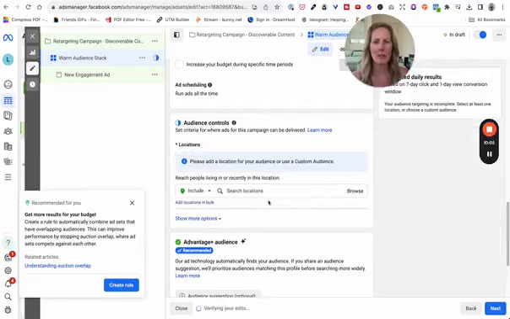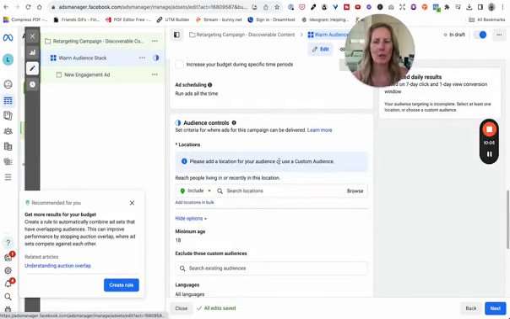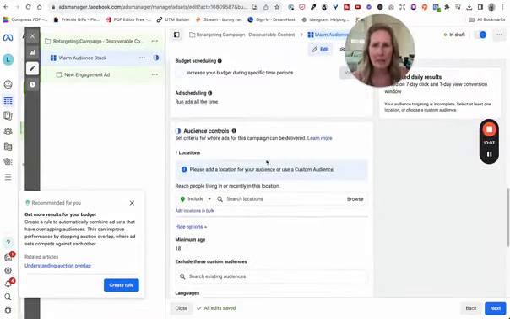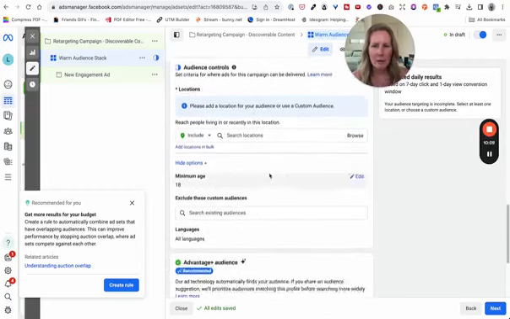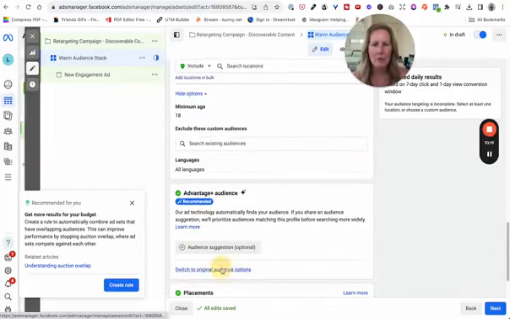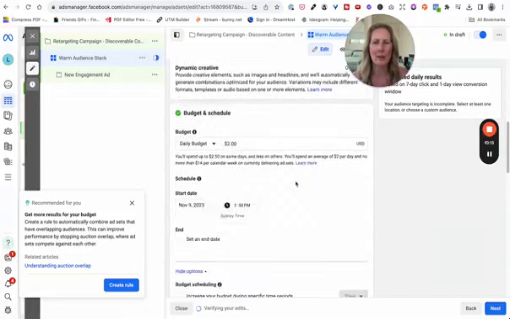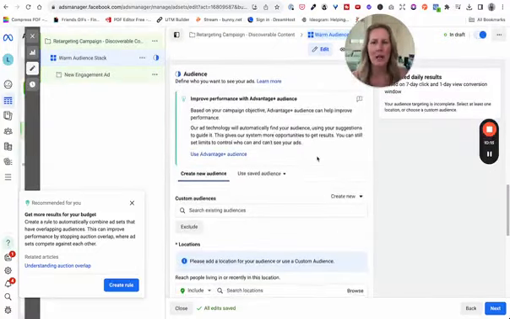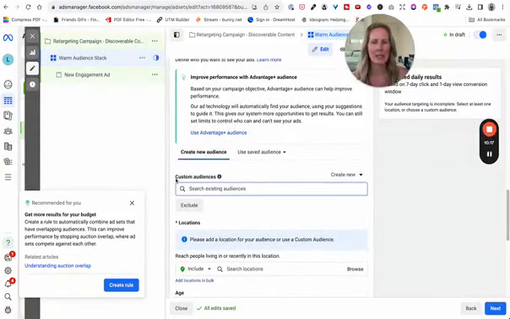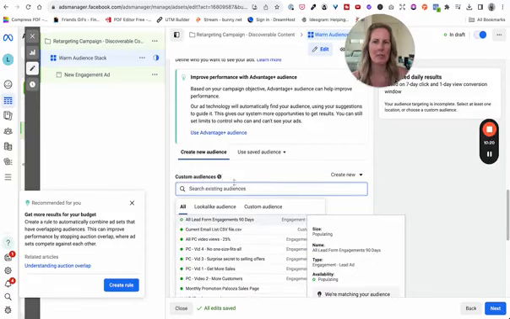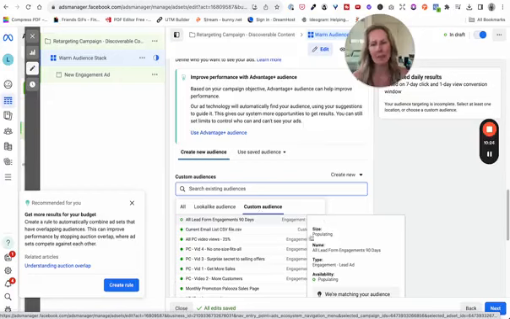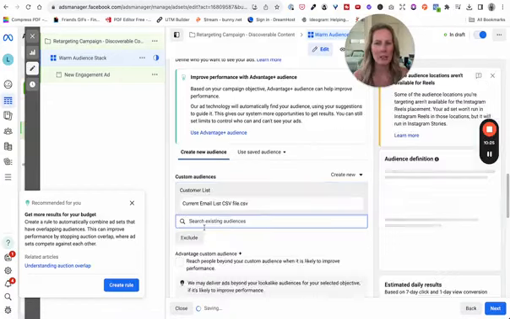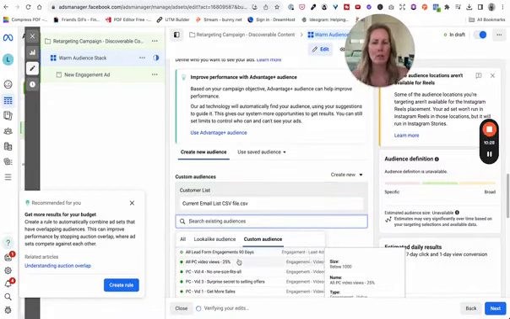I'm just going to remove this and then I'm going to click on show more options, and they've changed how this looks a little bit. So I'm going to switch to original because otherwise it's way too confusing. And what I'm doing here is you can see here I've got create new audience and then custom audience. And then you would choose custom audience again. And then you're going to go through and just click on everything that you want to include.